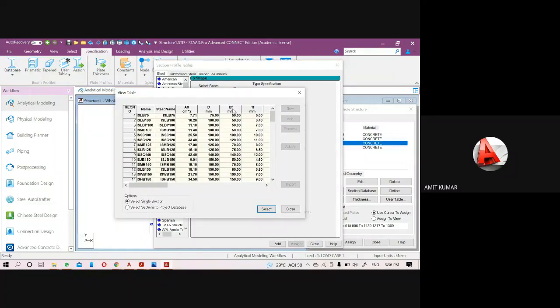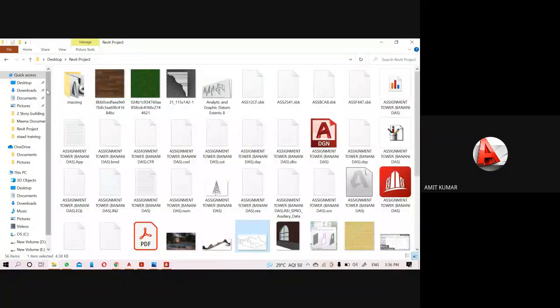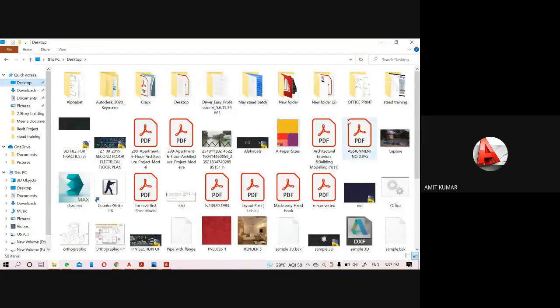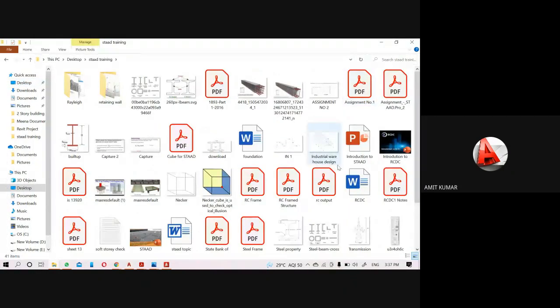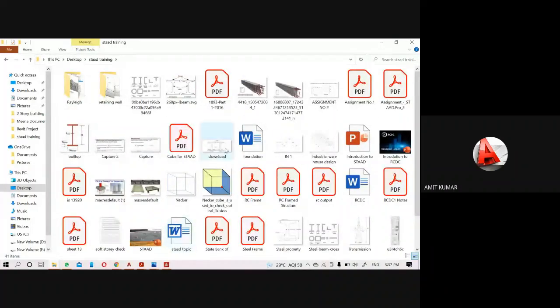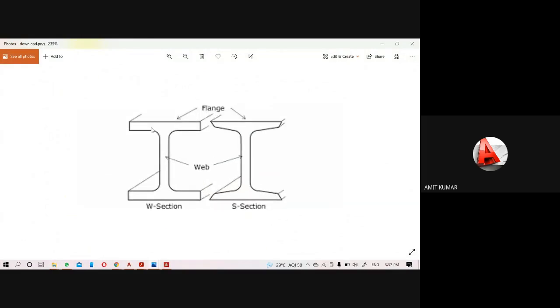And you will get the thickness of the flanges and web also here. So let me explain it. Just wait. Yeah. So this is your flange, this is your web here.